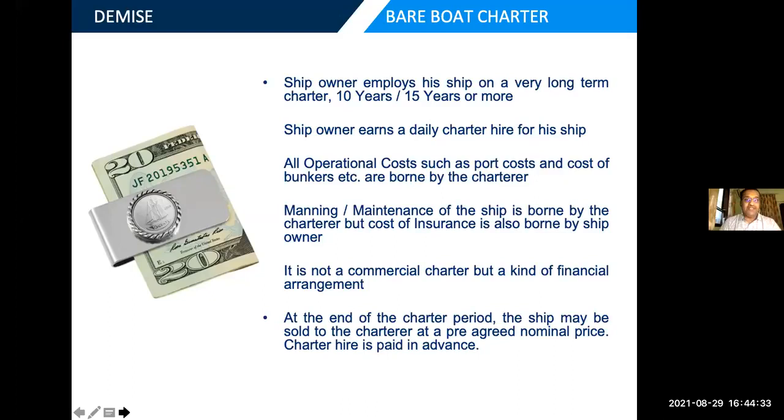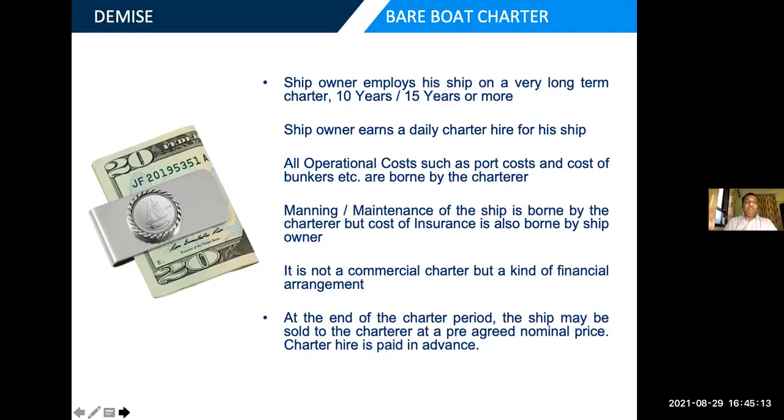अभी इन दोनों में क्या फर्क है? Okay, बहुत छोटा सा फर्क है. You need to understand this. Under a bareboat demised charter, there is a demise clause. यानी जो एग्रीमेंट है, उस एग्रीमेंट में एक क्लॉज होता है, उस क्लॉज को हम बोलते हैं डिमाइस क्लॉज. As per that demise clause, if both the parties, that is the ship owner and the charterer, collectively decide to invoke this clause, they both collectively decide to implement that particular clause, what happens is, after a period